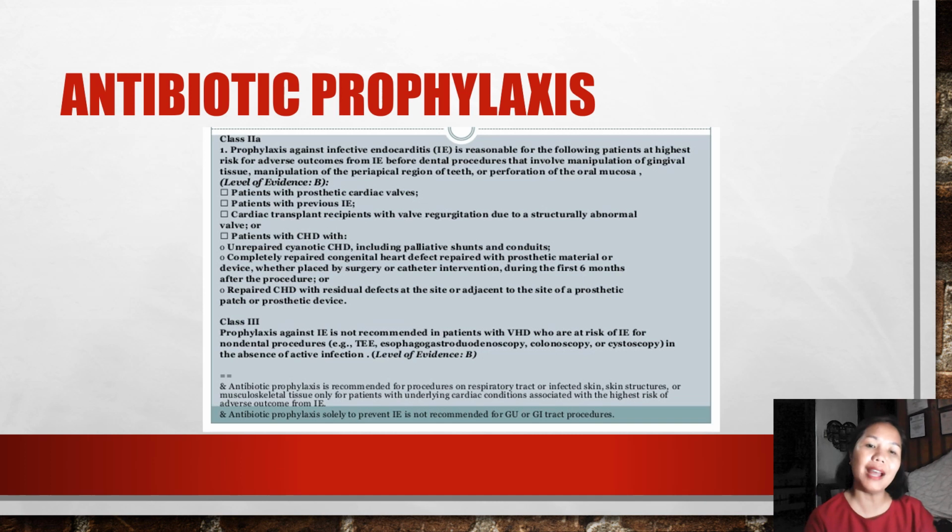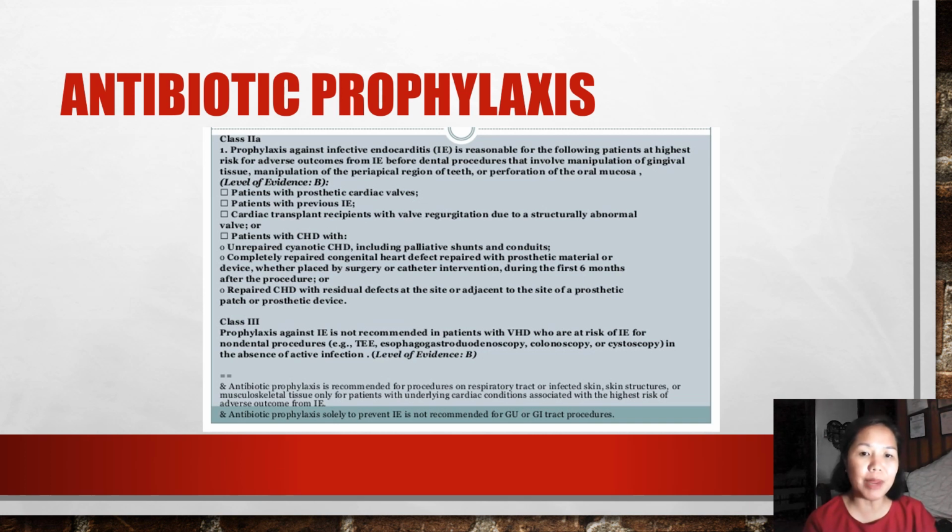So when do we give antibiotic prophylaxis? Before, we give antibiotic prophylaxis to all patients with congenital heart disease. But now, we only give antibiotic prophylaxis to those with prosthetic cardiac valves, those with previous infective endocarditis, recipients of cardiac transplantation with valve regurgitation due to structurally abnormal valve, those with unrepaired cyanotic congenital heart disease, including palliative shunts and conduits,